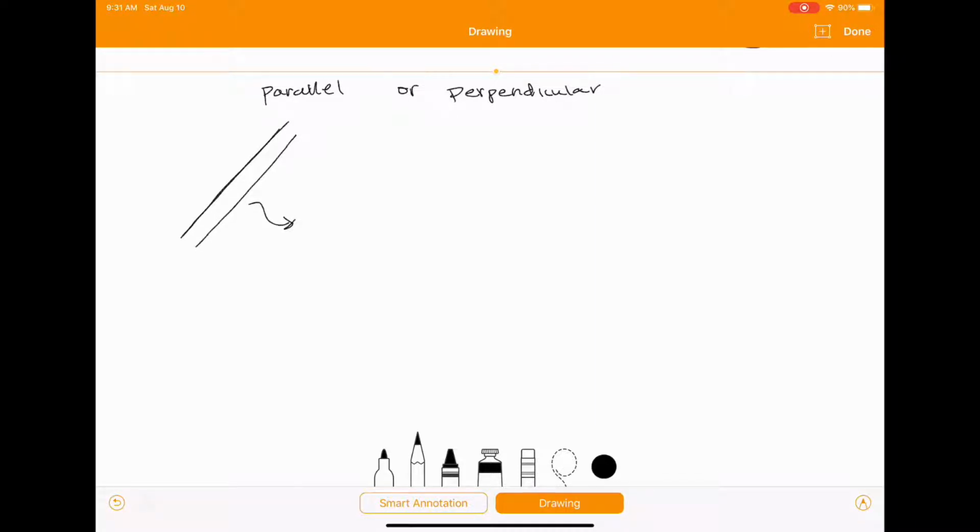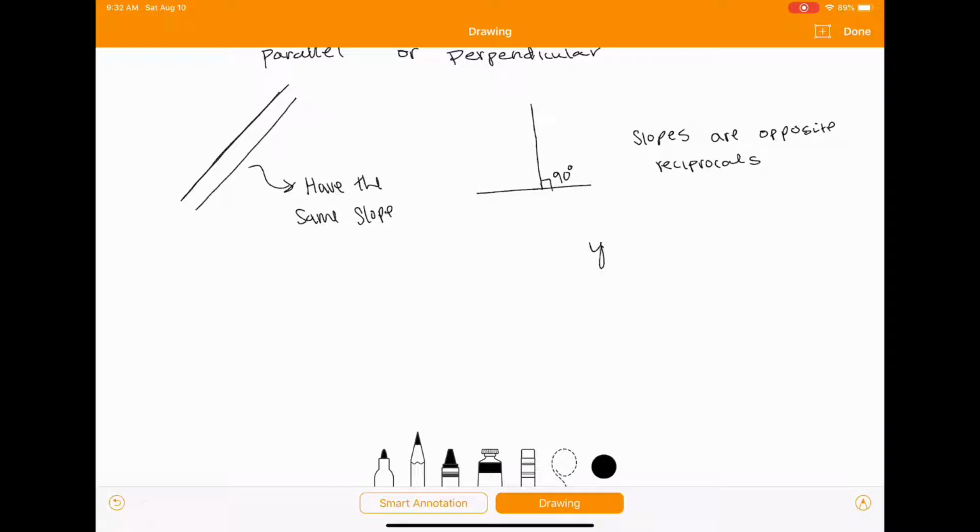So, parallel lines have the same slope. All right. Now, perpendicular lines, when they intersect, they form a 90-degree angle. All right. And their slopes are opposite reciprocals. So what that means